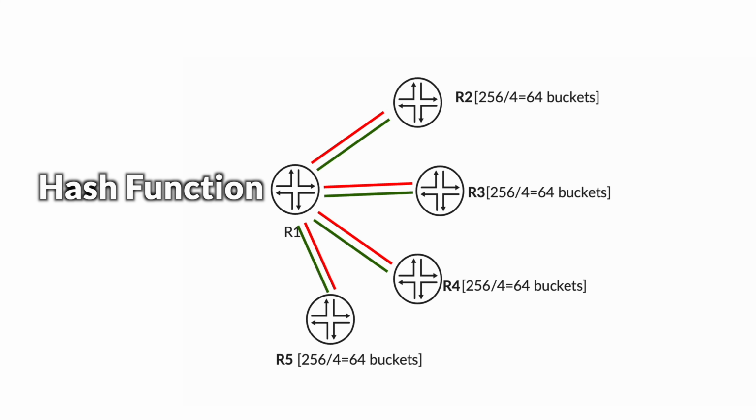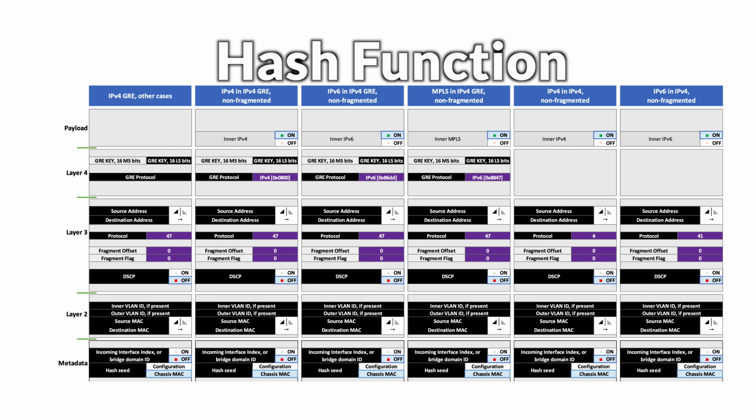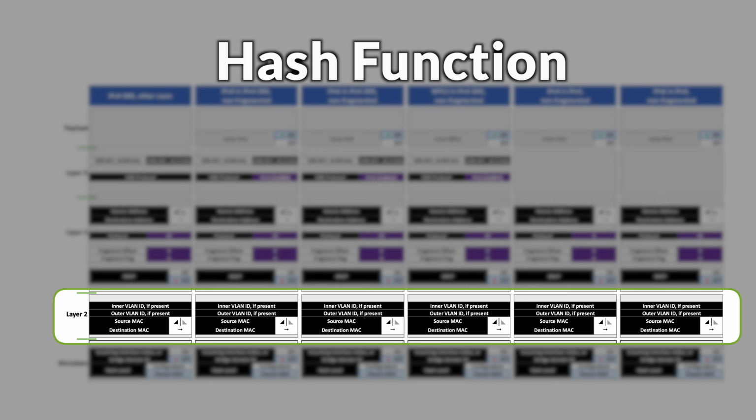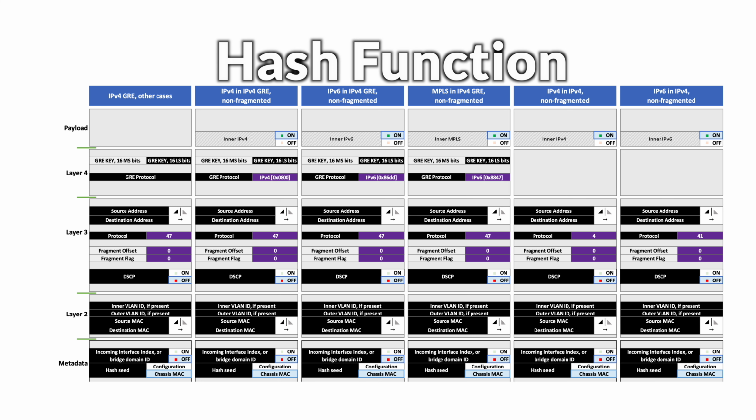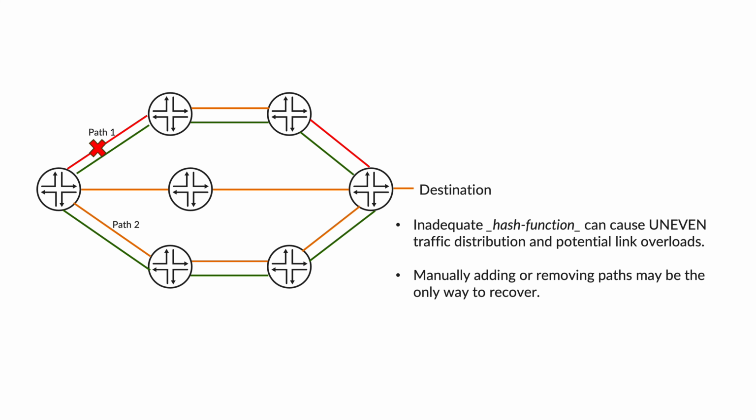Now let's understand why your ECMP might be failing you at times. We know that the distribution of a given traffic flow across one of the ECMP legs is based on a hash function. The hash function generates a hash based on an n-tuple, primarily comprising several fields of L2, L3, L4 packet headers. The many-to-one mapping between one or more hash values can cause unbalanced traffic distribution sometimes. And this unbalanced traffic distribution would create an overload condition for child links. Not to mention, if the unbalanced child link is persistent, the only recovery may be to add or remove legs